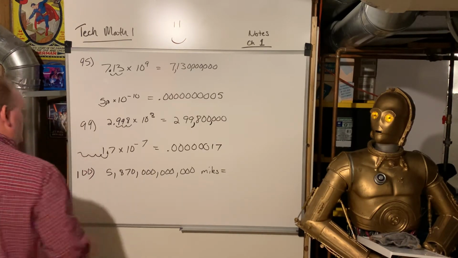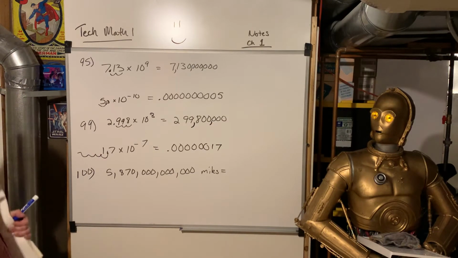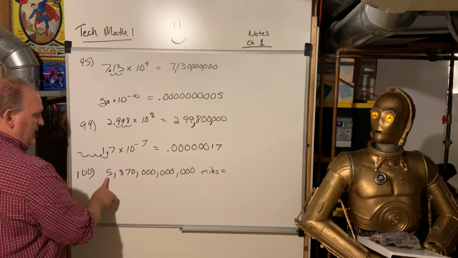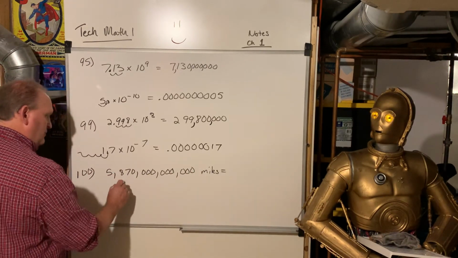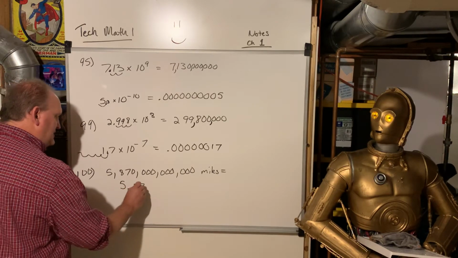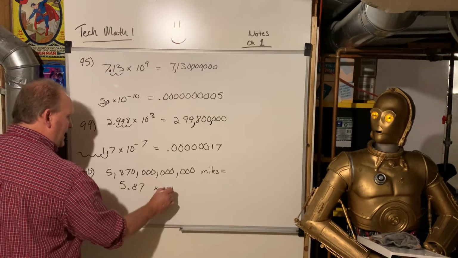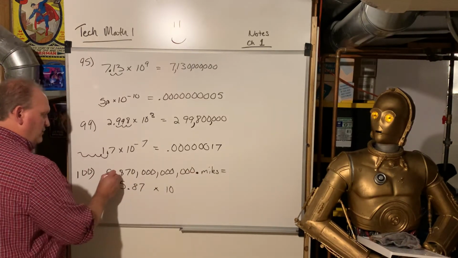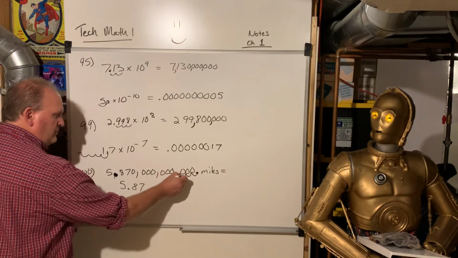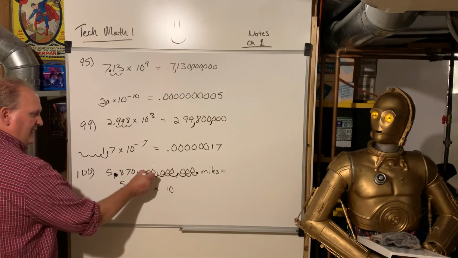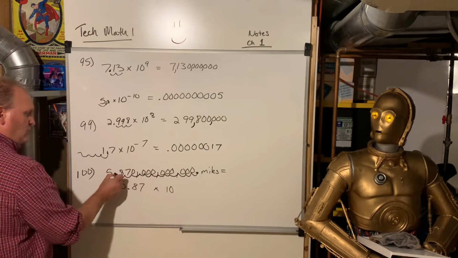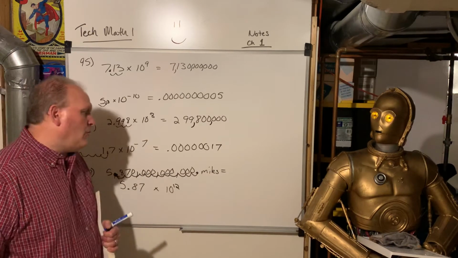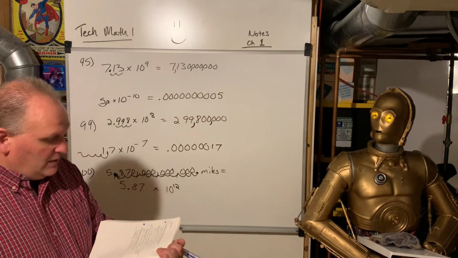This is number 100. All right, so let's write that in scientific notation. So I want this number to be between 1 and 10. So I'm going to put the decimal right there. So I want it to be 5.87, and then it's going to be times 10. And now I got to figure out how many places I moved it from where it was to where I moved it to. So 1, 2, 3, 4, 5, 6, 7, 8, 9, 10, 11, 12 places. So 5.87 times 10 to the 12th miles in